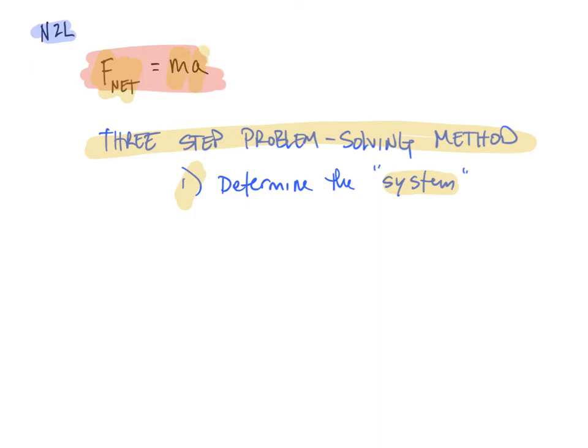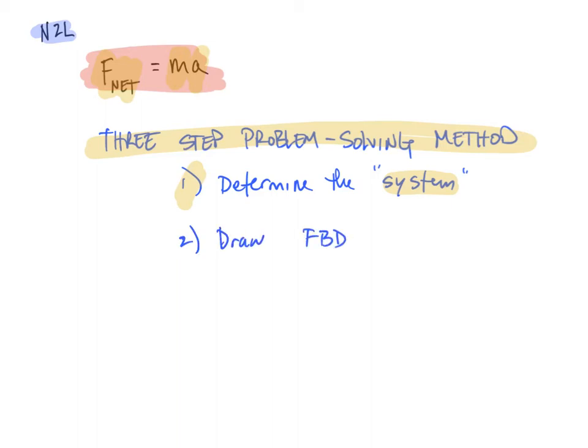So you have to determine the system. What is the correct object to think about? And that can be at times tricky. Sometimes it's obvious what the object is. Sometimes there's only one object involved. Once you've determined what object you want to consider, then you move on to draw the free body diagram